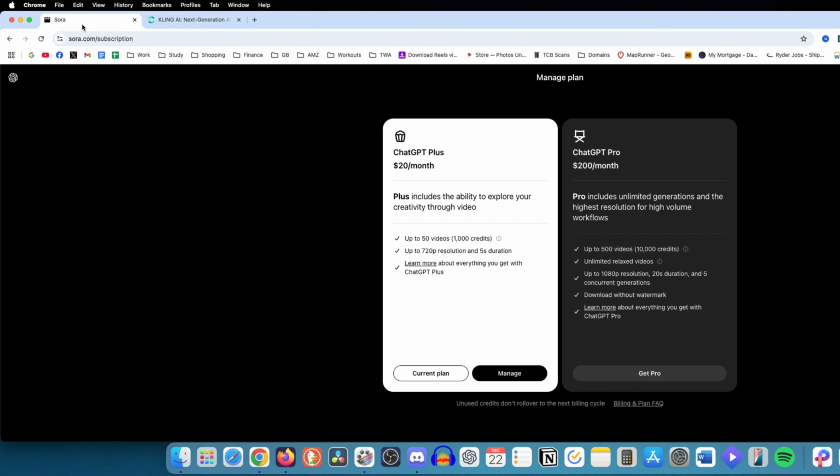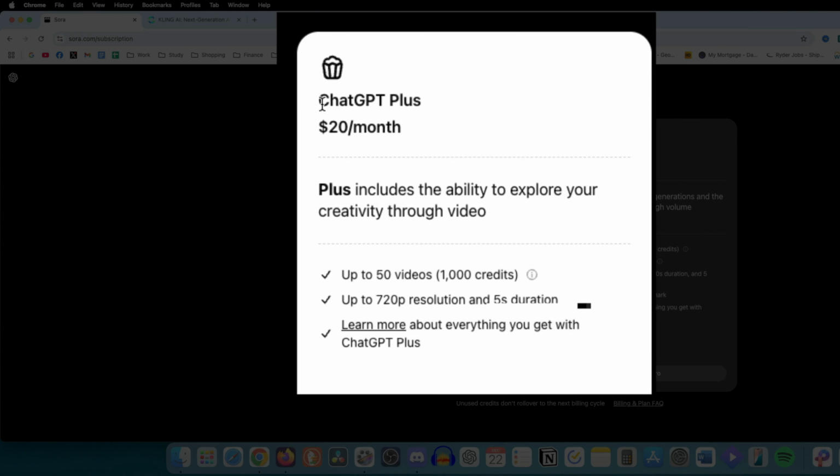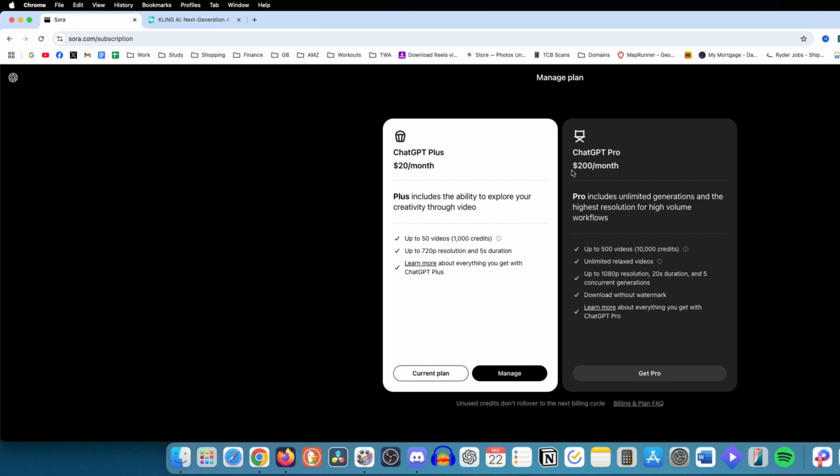For SORA AI, it's paid. They don't have a free option, and it's $20 a month. You get ChatGPT Plus, and you get up to 50 videos. I think you get like 1,000 credits. Yes, you get 1,000 credits, and the quality is only 720p. You don't have 1080p. That's with the Pro one, which is $200 a month, which is a lot in my opinion. And you can only get 5 second duration videos,